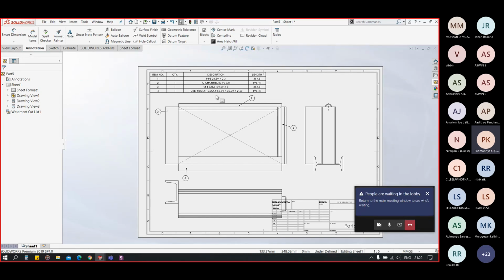So now we will be having the next table, which is bill of materials.